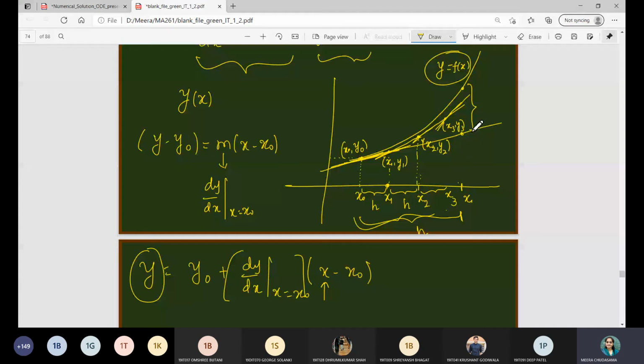So in this case we can say in Euler's method, as your step size gets smaller and smaller, you will get a better and better approximation. In that case, your line will otherwise deviate from the actual curve, right? So let me show you this part mathematically.